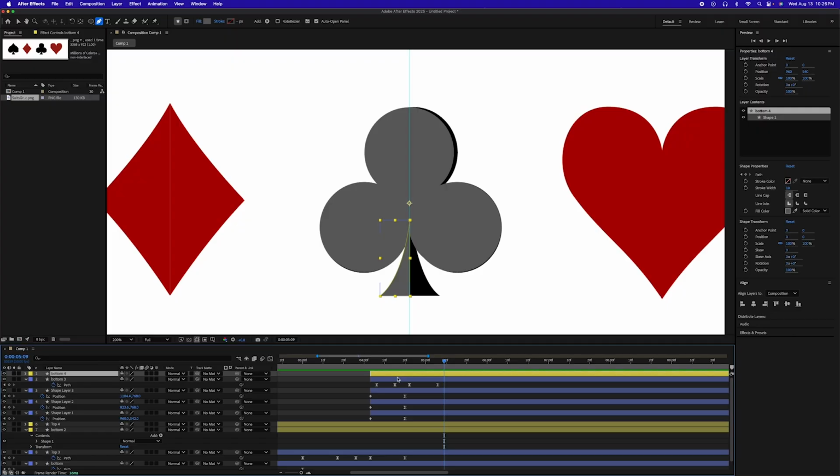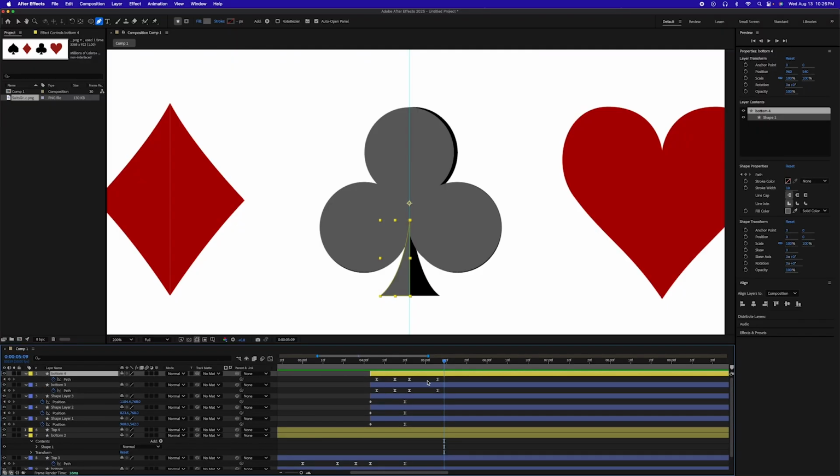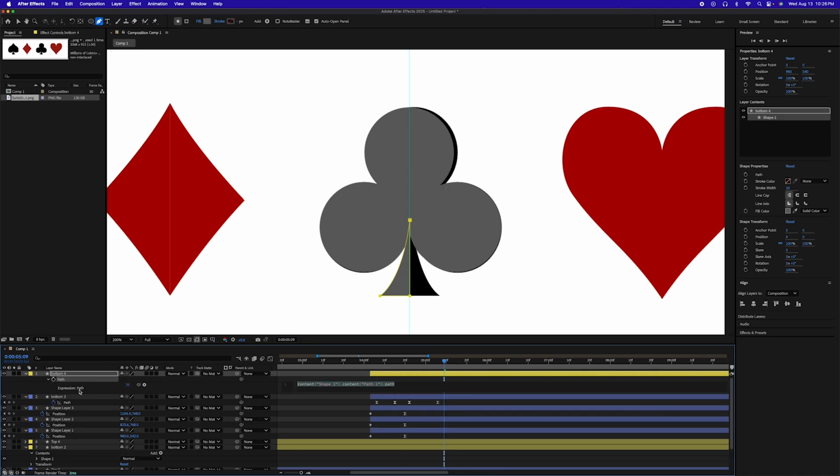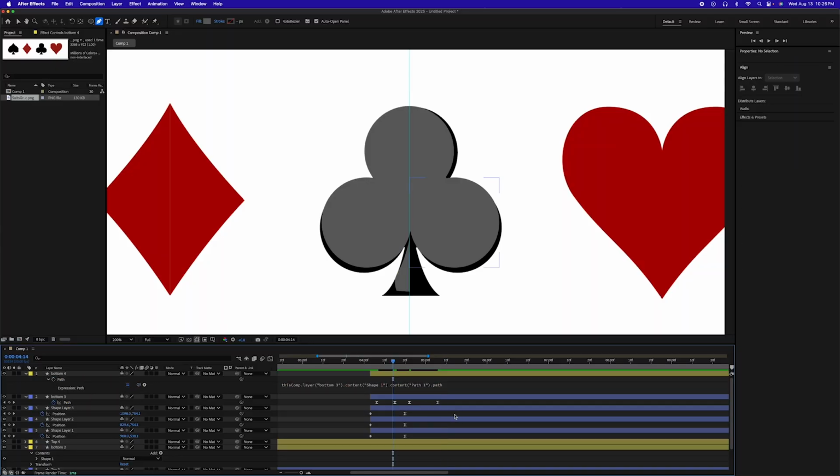What was I saying? So if you remember all the way back to the beginning of the show, we got rid of all these keyframes, and then what we're going to do on the path is we're going to hit Option, click on that keyframe. It's going to give us this expression path. We want to grab the pick whip and go down to the path keyframe because we want to copy all these keyframes. Click anywhere to go off of it, and that looks